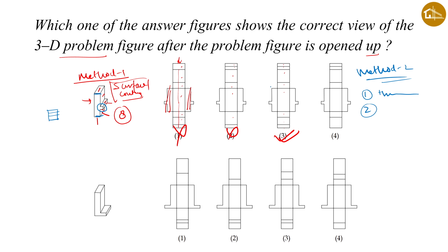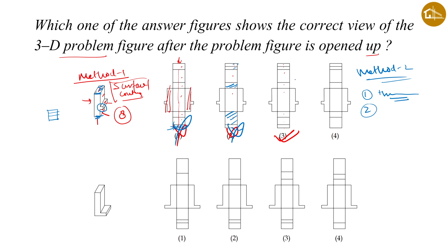In the first one, if you just count the small faces, there is only one face, a small face. This is the wrong answer. In the second one, you can see there are continuous 3 faces, because if you join this end with this end, you will find 1 2 and 3 continuous faces. So one condition is satisfied. But the second condition is that this portion and this surface in the bottom should also be of equal length. But over here there is only one surface. So this is also a wrong answer.